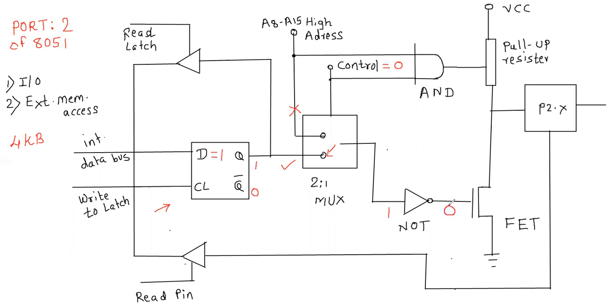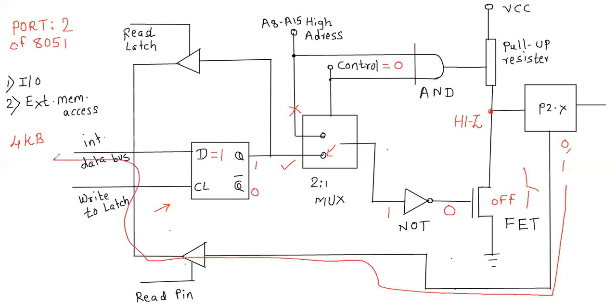This will invert it and become 0 over here, which will in turn turn the FET off. Now when this FET is turned off, this is going to act as an open switch. Once this is acting as an open switch, this point will be appearing at high impedance. So when this point is at the high impedance, we can overwrite it with either 0 or 1, and this 0 or 1 will be read by the microcontroller through this buffer and internal data bus, provided that this read